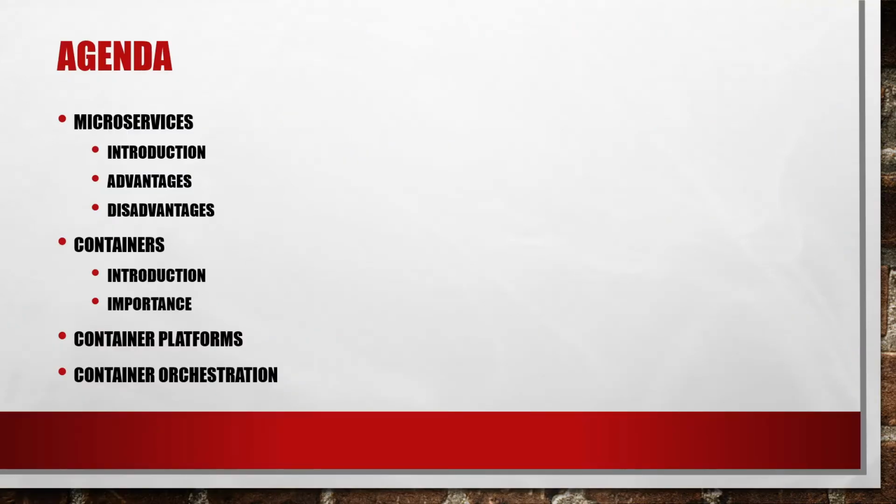Okay, so the first thing would be the agenda, in which the first and foremost thing we'll talk about is microservices. What we're going to explain in the first video is what exactly a microservice is, and we'll talk about the introductory part. Then we'll talk about the advantages, what it brings to the table, and then the disadvantages, why we should not use microservices and why we should use them. We'll talk about that. So the first video we're going to drop will be on microservices.